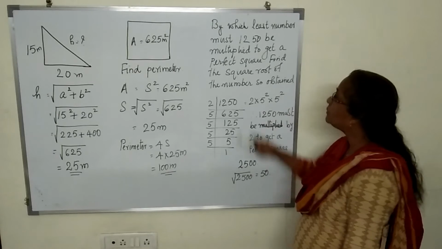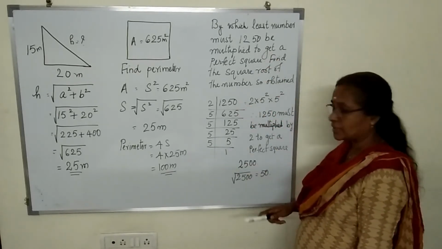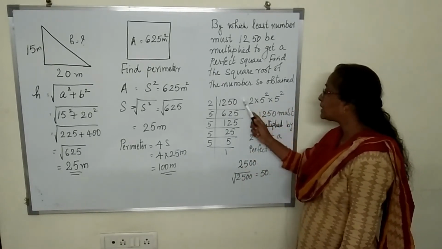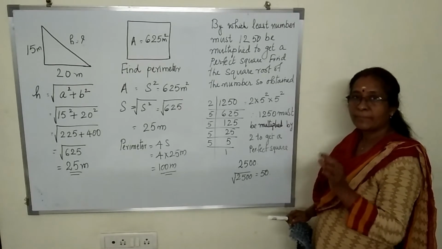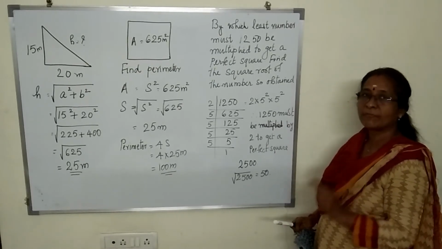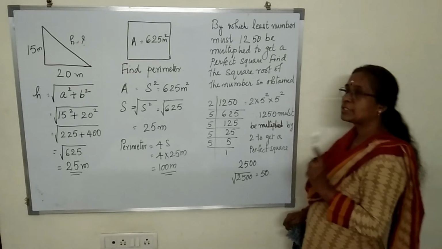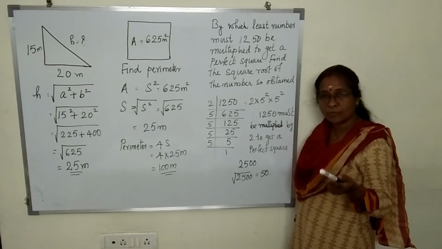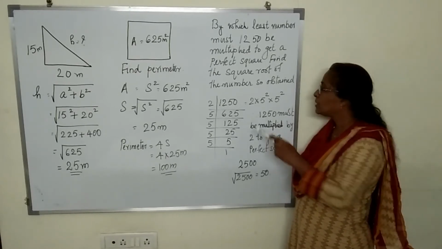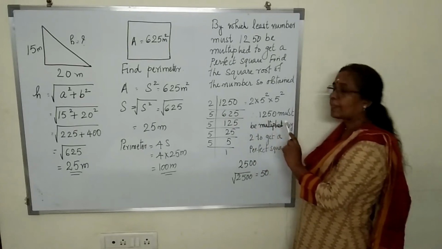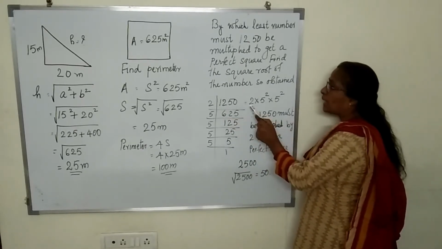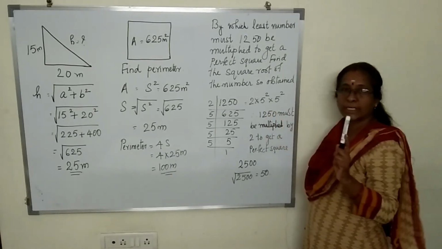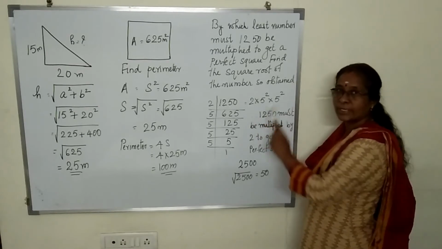Okay, how to find it out? First, prime factorize it. When we prime factorize the given number, we will get numbers in which some factors will be in pairs and some will not be in pairs. So whichever numbers are not in pairs, that number should be removed or made into a pair. For example, if you factorize this, we get 2 multiplied by 5 square into 5 square. So here 5 square and 5 square both are in pairs, but 2 is not in a pair.